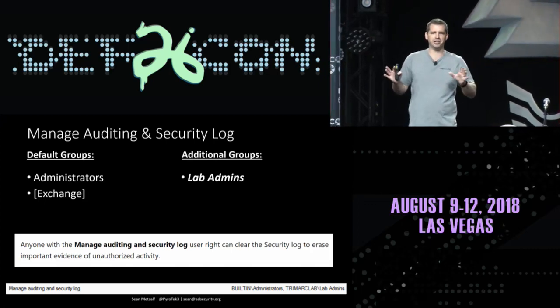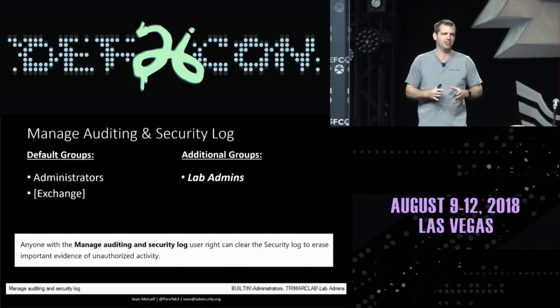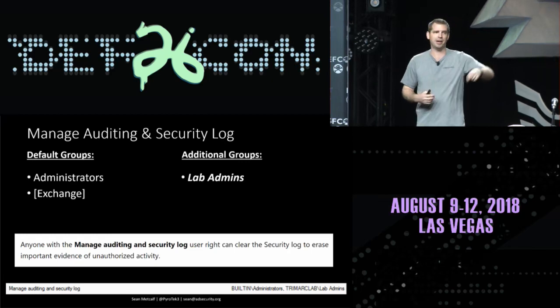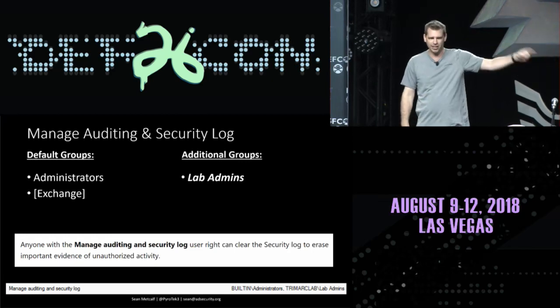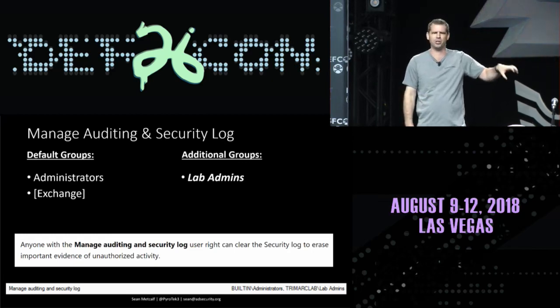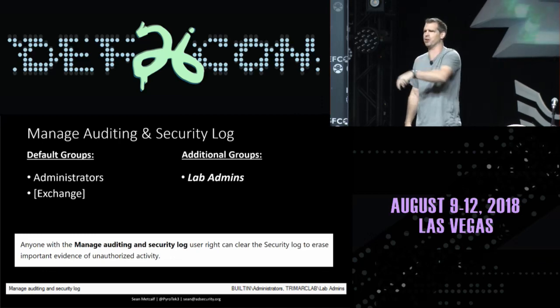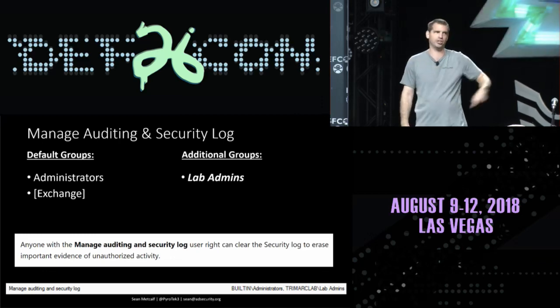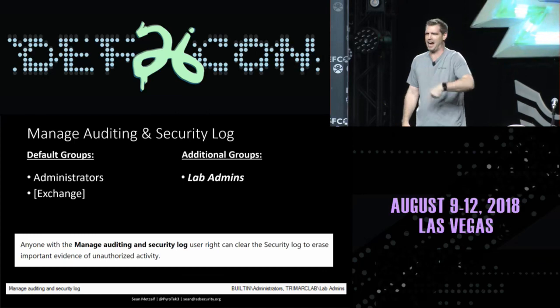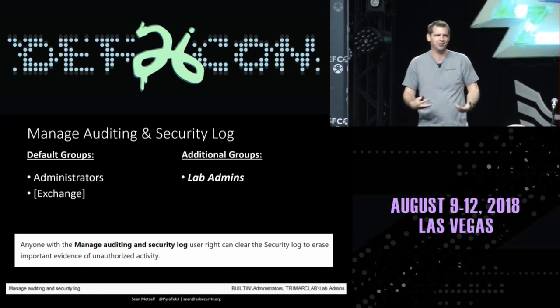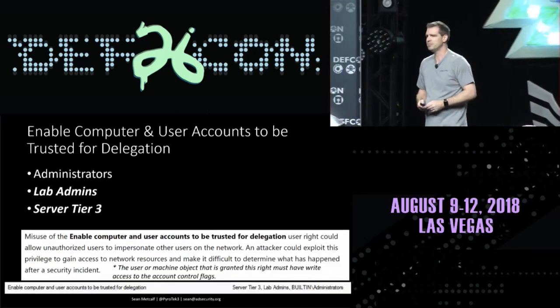Now, I'm not advocating, depending on your scope, to clear event logs on DCs, but certainly bring it up to your customer and say, hey, by the way, this group, lab admins, can clear your event logs on your DCs. You probably don't want that, and we compromised one of the members of this group, and we could have cleared the event logs on all your domain controllers as we were doing our engagement. So you want to take care of this.